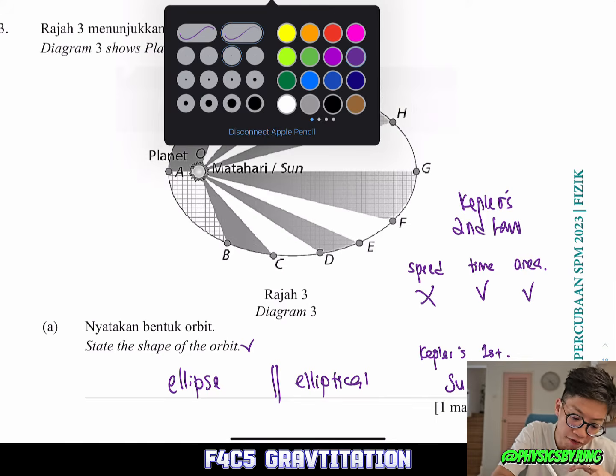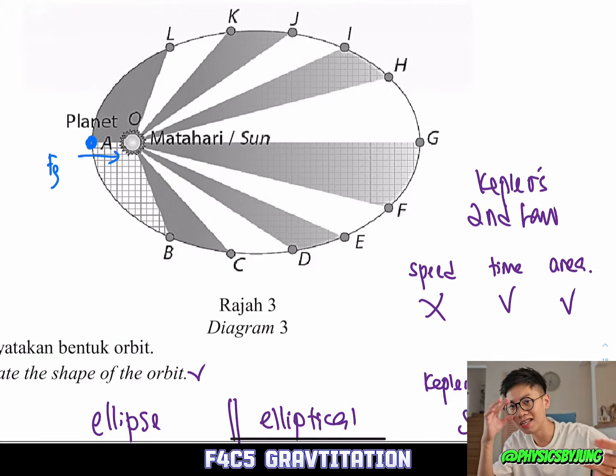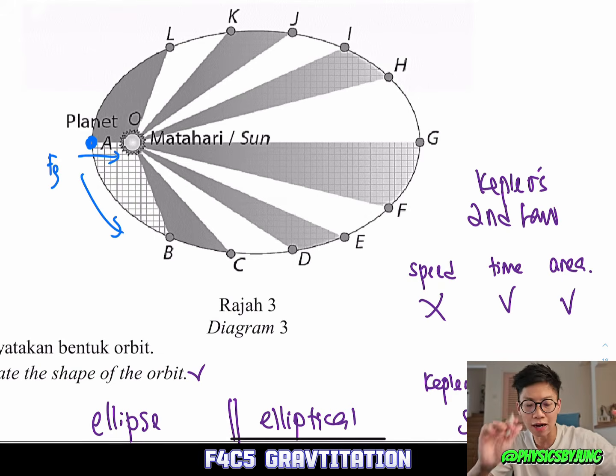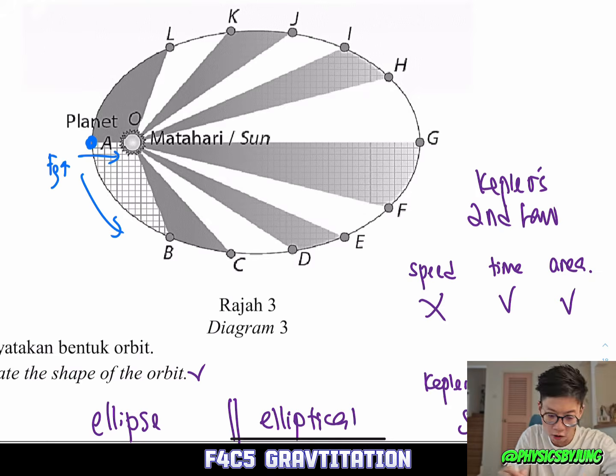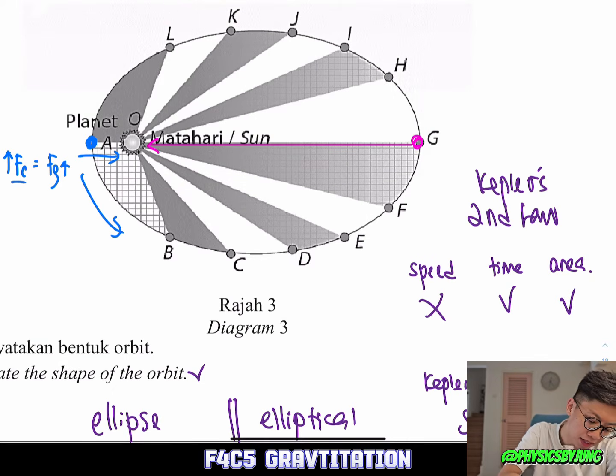Because the law of physics is that when you are nearer to the sun, it means you are more likely to be attracted, correct? So imagine if you see a handsome guy. If you are very near to the handsome guy, you will get pulled in, right? You'll be attracted to the handsome guy, right? You don't want to get attracted by the handsome guy because it's embarrassing. So what must you do? You must run faster. So the nearer you are to the sun, your gravitational force is more. So you will need a higher centripetal force so that you don't get sucked into or attracted or pulled into the sun. But when you are very, very far away from the very handsome sun,